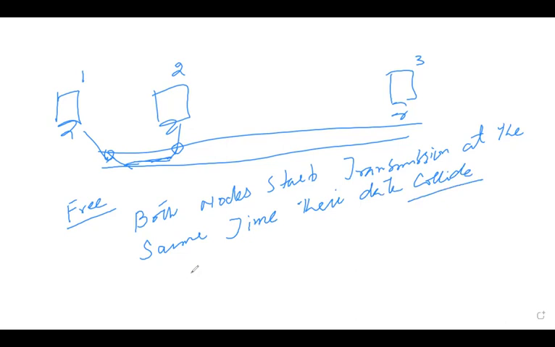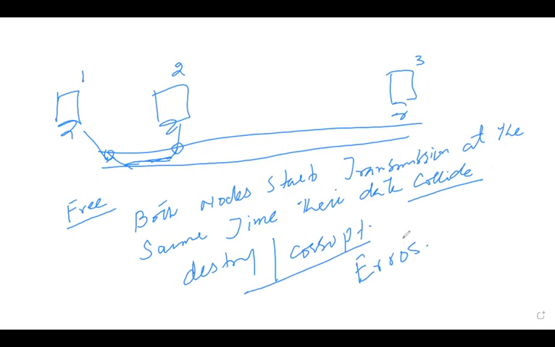And this collision sometimes destroys as well as corrupts the data. So the receiver will receive data with some errors. So the data received at the destination node will be received with some error. So therefore, we actually use